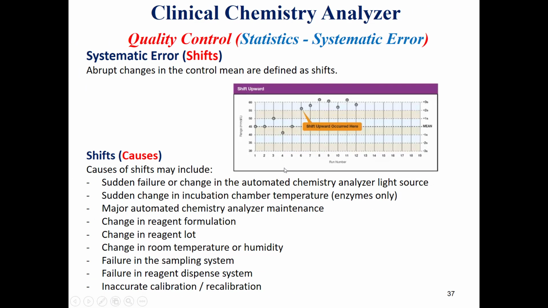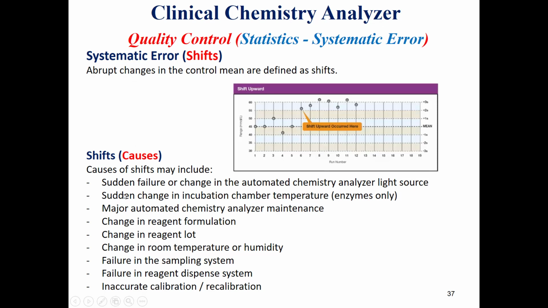Now we'll talk about the second type of systematic error, which is shifts, represented in the case of abrupt or sudden changes. The reasons could be different. For example, before we said a gradual deterioration of the lamp as the result of aging of this lamp, whereas in the case